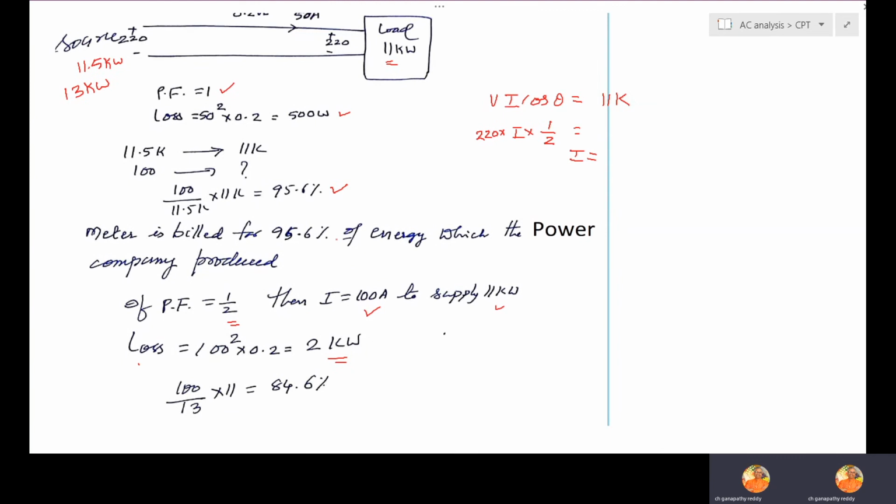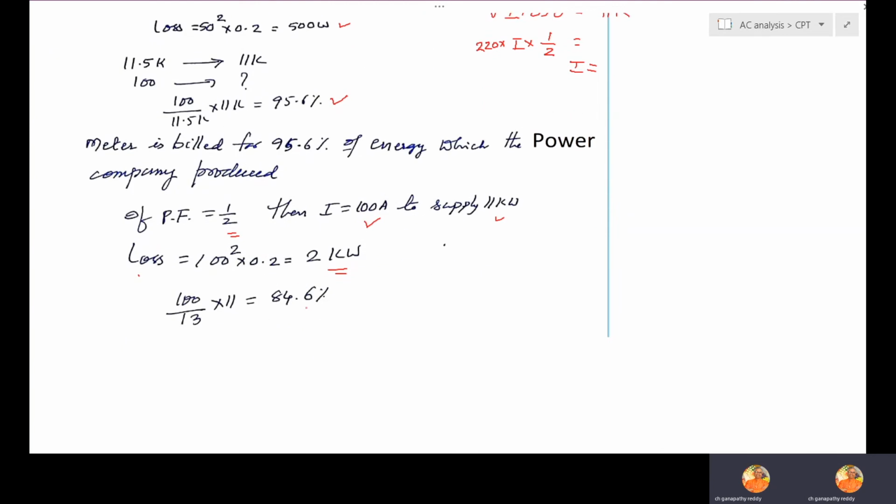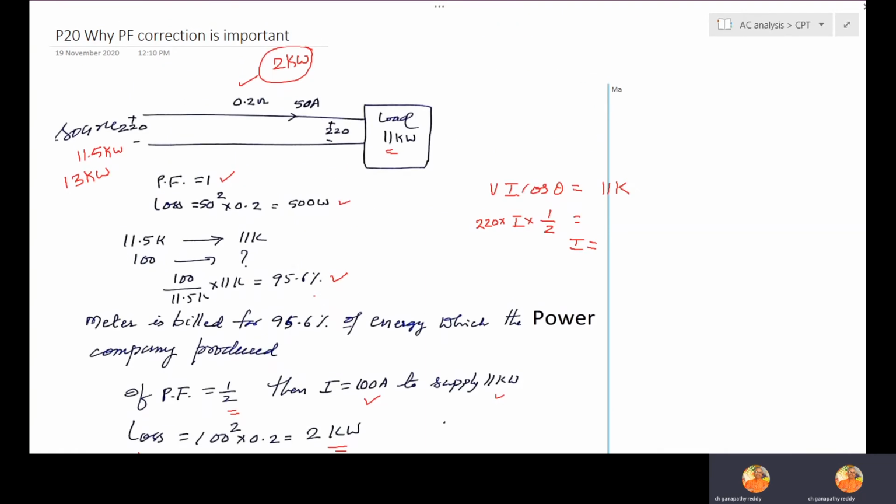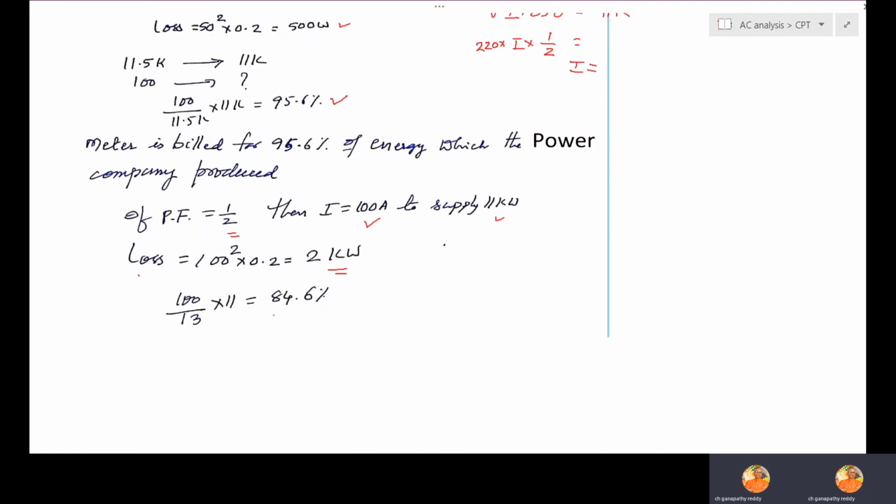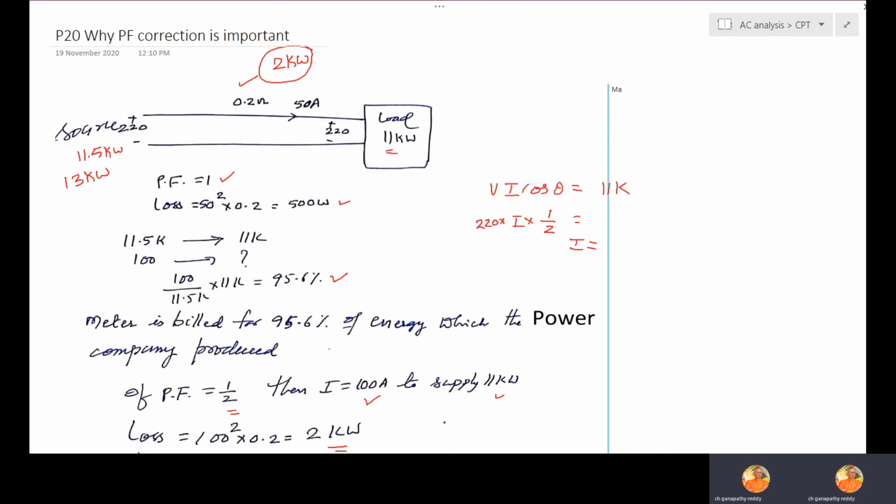So with a power factor of half, the efficiency is becoming 84 percent. It is reduced from 95 to 84. If the power factor is 1 by 4, the department will be getting even more loss. Therefore, the power factor should always be operated close to 1. That's why power factor correction is very, very important. If this correction is not done, there are more losses in the transmission line, the department has to generate more power, but the fund coming back through the meters will be less. That is an important concept.